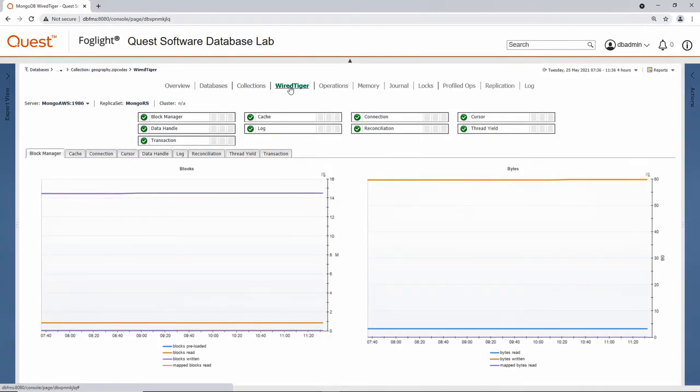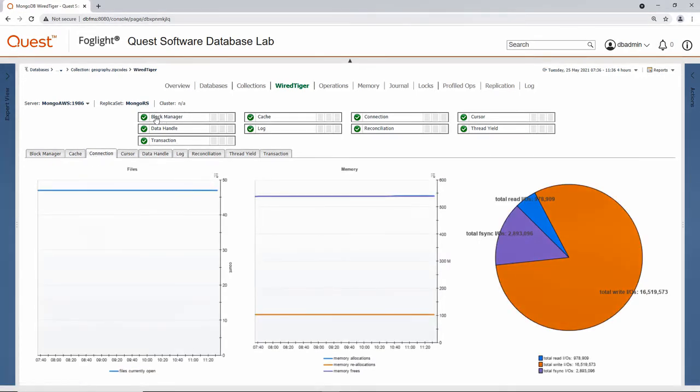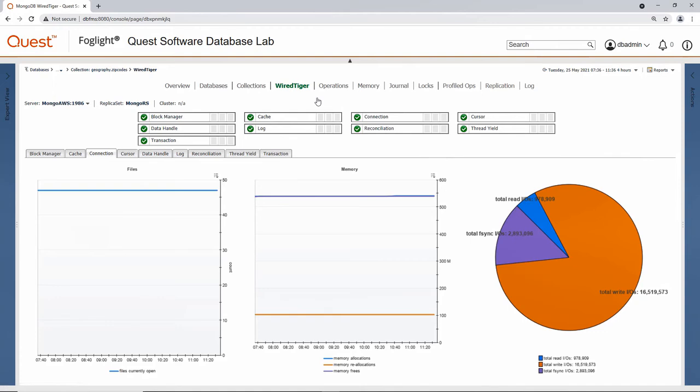The WiredTiger drill down is a useful drill down for understanding the fairly complex MongoDB storage engine. What I like especially in this drill down is that while we provide very deep insight into metrics that are captured across each of these storage engine tabs, the blocks at the top of the screen with health indicators represent the overall health of each component that makes up the storage infrastructure. So rather than diving straight into metrics themselves, I can simply see are all the components of the storage engine, specifically WiredTiger, functioning properly, or if there was an issue with caching, we might see a health indicator here, and that would give us some insight to drill down on that particular component.